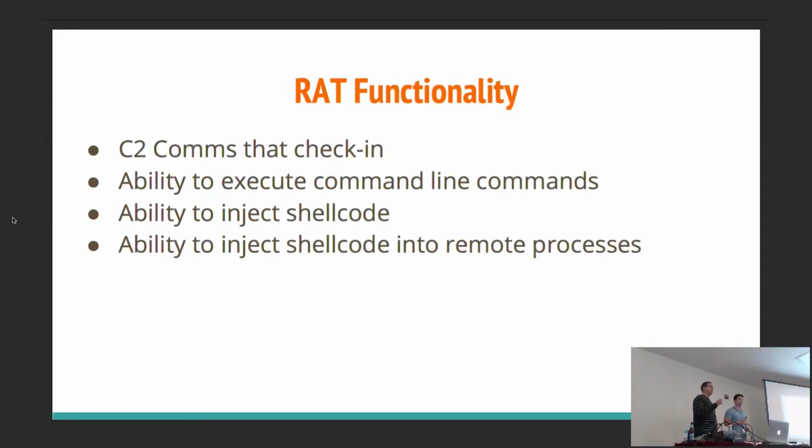The shellcode injection, maybe some people haven't seen it before. I've used it a lot, and it's been helpful where I can leverage my initial RAT to get a better RAT that I actually want injected on the system. But this is kind of what we start with. It's going to be dependent upon your client. What are your goals for the operations you're performing? What do they want you to do, and what